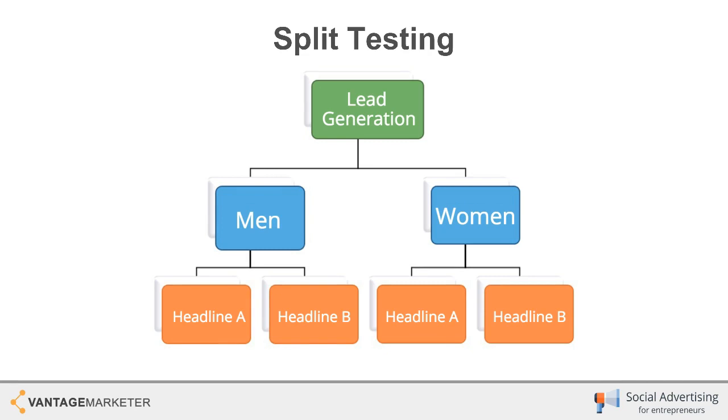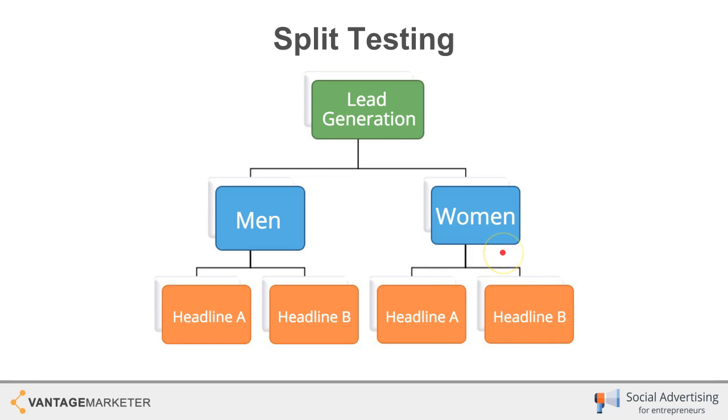Then, of course, at our ad set level, where remember we have our scheduling, our budgeting, our targeting, and placement, we're split testing here, which means testing between two different variables to see which one does better. Our split test variable here is gender. We're split testing men versus women. And then at our ad level, these two ads are under the men ad set, and then under the women, we have their own